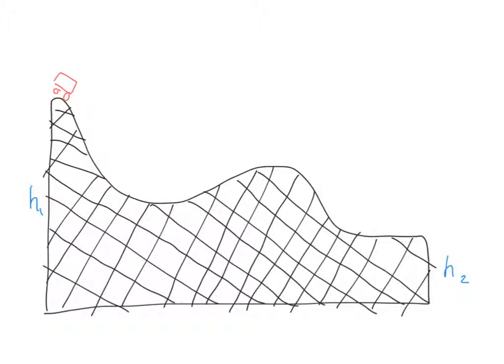Imagine you were building a roller coaster system, and you had some car starting at some high point. It rolls up, down, and comes down to this new height here, and you want to figure out how fast it is going. You definitely don't want to deal with this in terms of forces, since, for example, the normal force isn't going to be constant. The slope is changing as this thing moves up and down, so that's one thing. And you're going to undergo all these curves here, which means circular motion will be involved, which we haven't talked about, which will make things much more complicated. It's not an easy problem if you deal with it in forces. I don't want to do it that way.